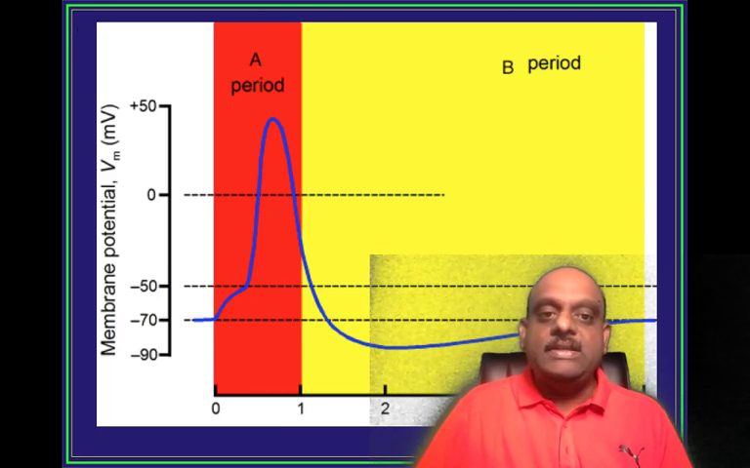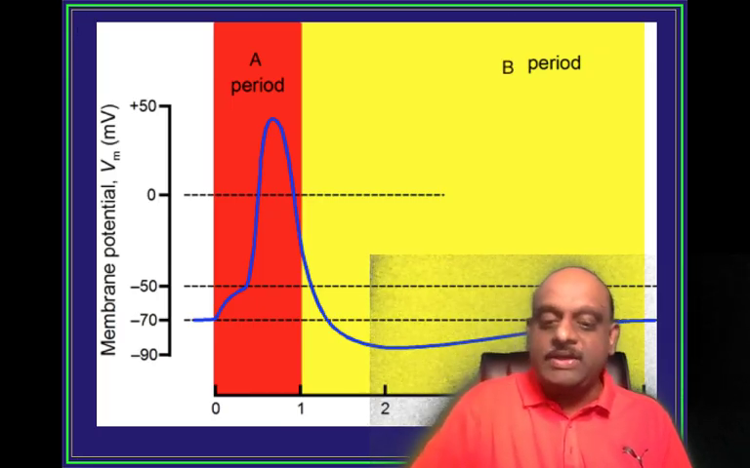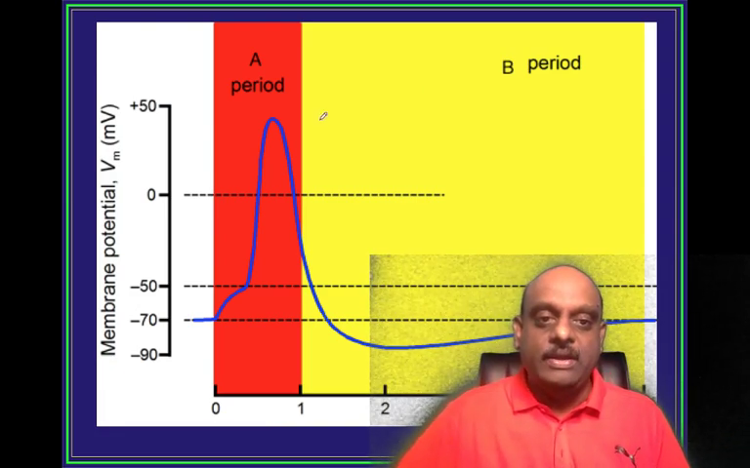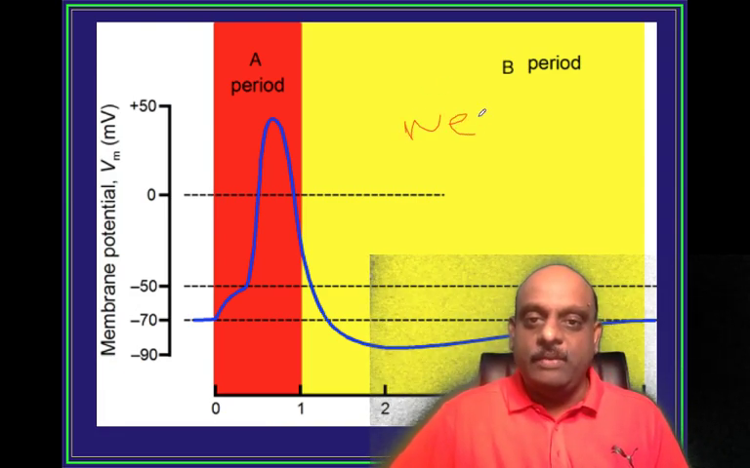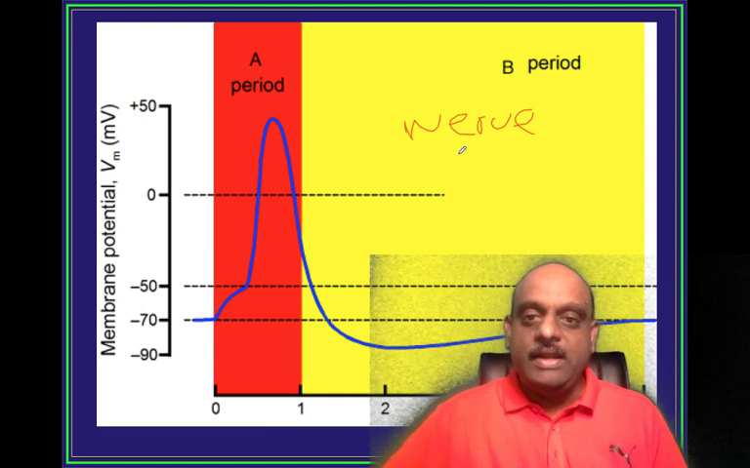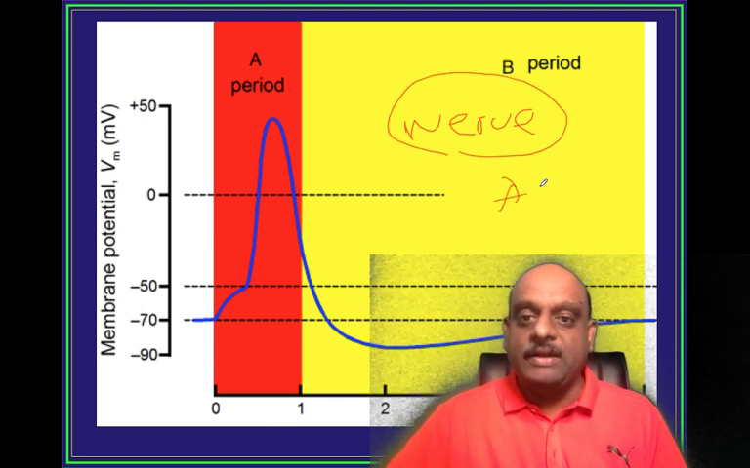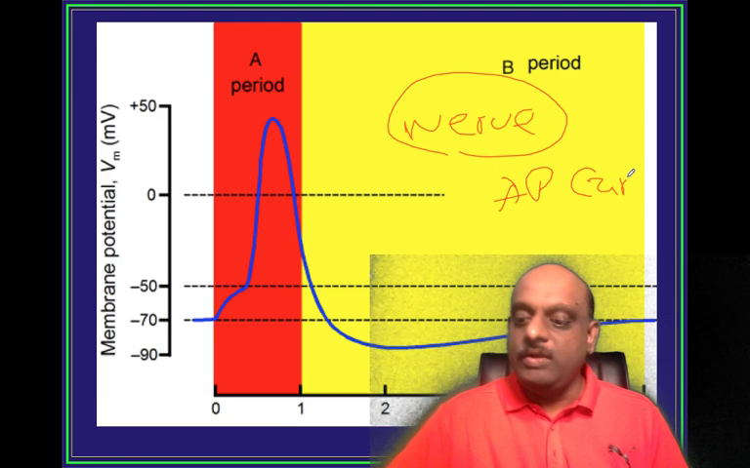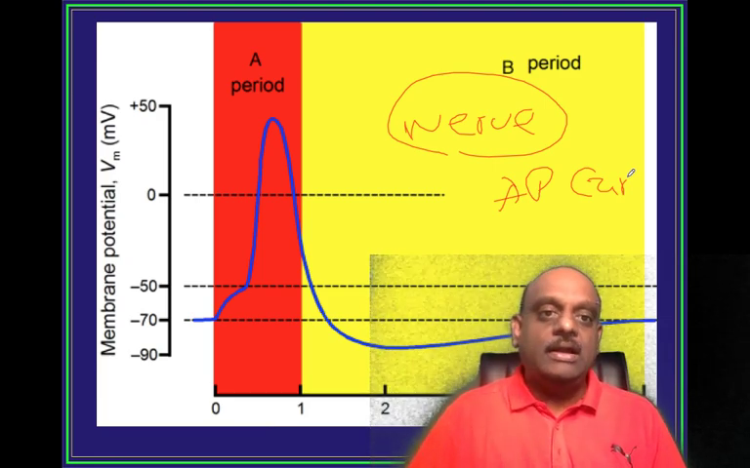Now, this is the typical action potential curve in a nerve. This is the nerve's action potential curve, AP curve. Now the question is,